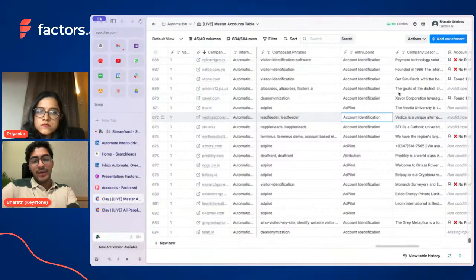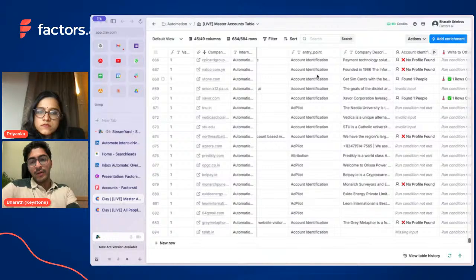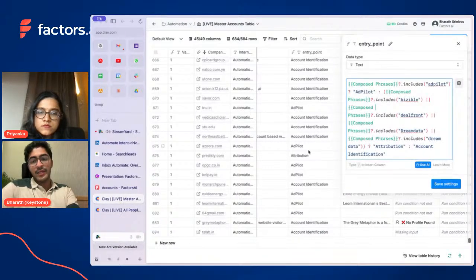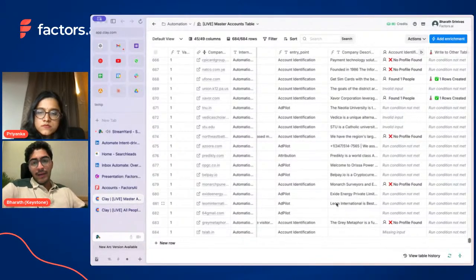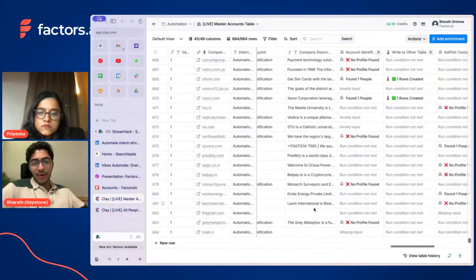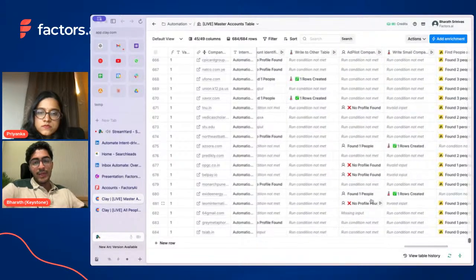If I click on edit column to see how this looks, we're basically saying if the keywords data contains certain phrases, then a simple if-else condition says pitch account identification or pitch Ad Pilot. That's a pretty simple formula in Clay. Based on this column, we end up searching for people data.